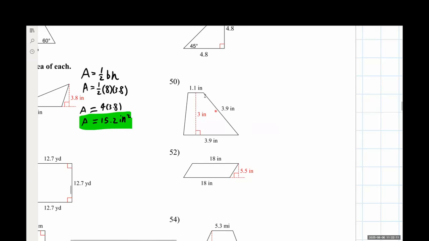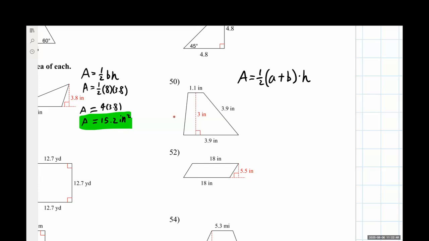Let's look at 50. We've got a trapezoid showing up with this, and I'm told to find the area. So I need to write out the equation for the area of a trapezoid. Now, as we discussed, there are multiple options that you could take to do this. I'm going to go ahead and use A and B to represent the bases, but you are more than welcome to use B sub 1, B sub 2, or X or Y or something like that, whichever one's more useful to you as you are going through this.